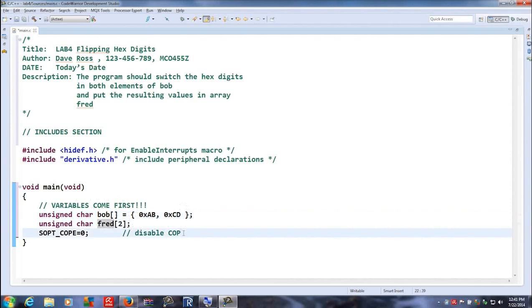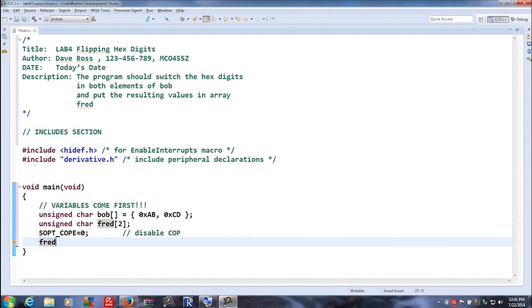So our actual executable code should come after disabling the computer operating properly. So above computer operating properly, disabling will be our variables. After that will be our actual code. Now we're going to take Fred, and the first element of Fred is going to equal, and let's put this in brackets, Bob of 0. And if we shift that left 4 times, so AB, if we shift it left 4 times, is going to be B0. Now, if we add to that, Bob is 0 again,